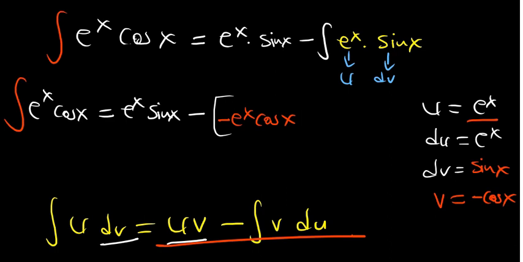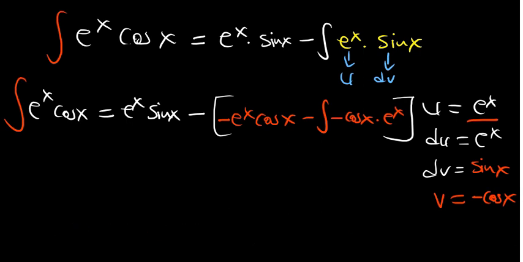And then what else? Then we have this part minus the integral of v du. So our v is negative cosine of x. Okay, and then v du. So our du is e to the power x. Okay, let's simplify this before we go any further. So we have e to the power x sine of x, and then